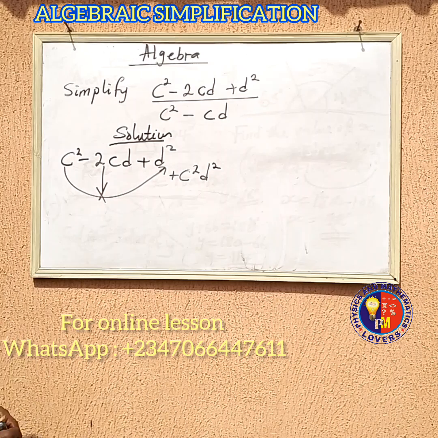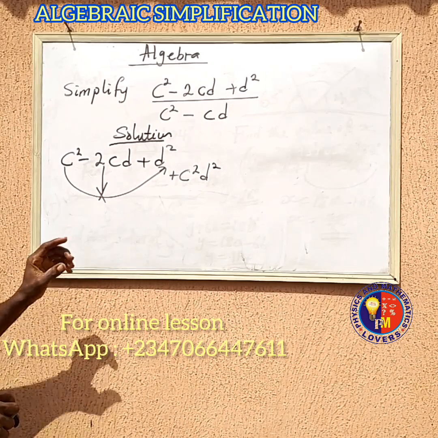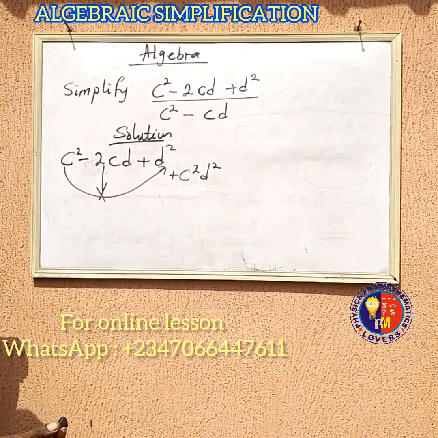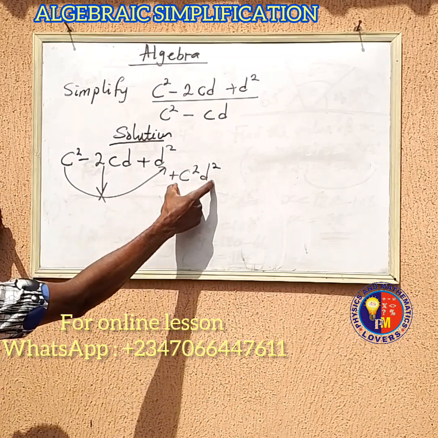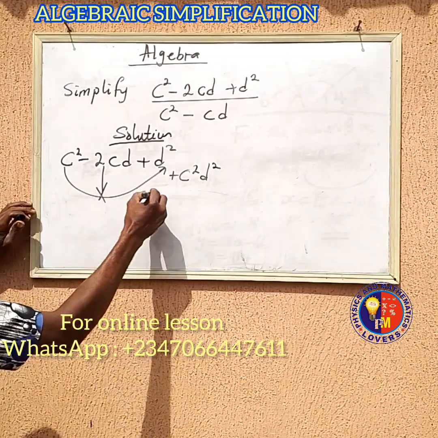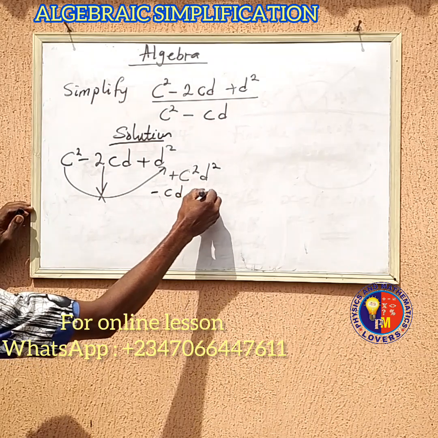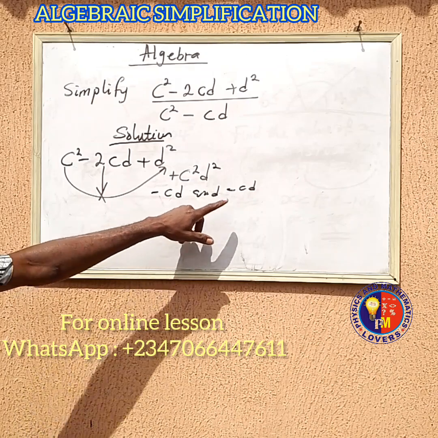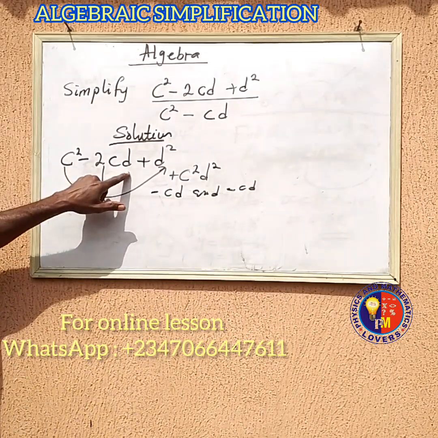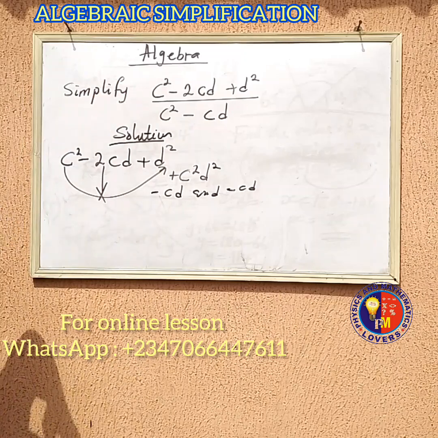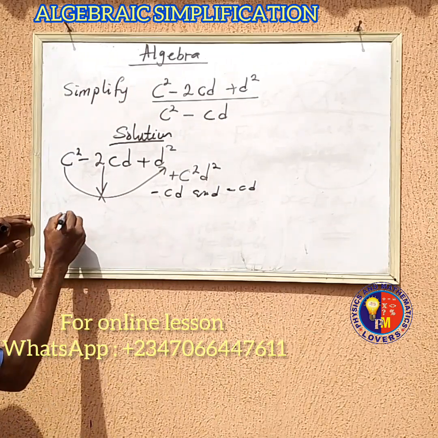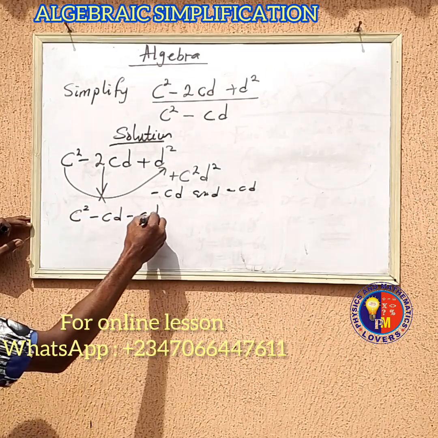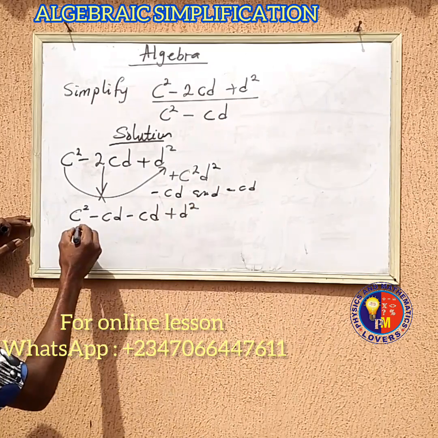Whenever the product is positive, the two factors must be negative. So that is certain. So the two factors that will give us this negative 2 are minus cd and minus cd. Good. So in that case, we are going to use this minus cd and minus cd to replace the minus 2cd here. Then we factor it out. Let's replace it now. So I have c squared minus cd minus cd, then plus d squared, all over